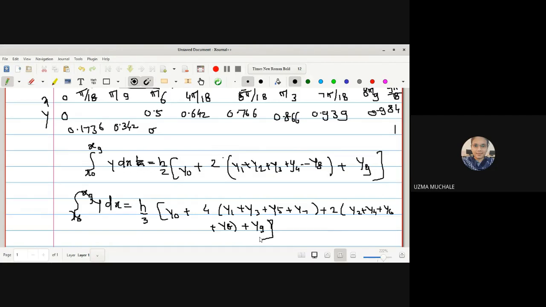What is the answer for the trapezoidal rule? Is it so difficult to solve? I have given you the formula as well as the values. You just have to put them into your calculator. Ma'am, for the trapezoidal rule do we get 0.9971? Okay, 0.9971. Anyone getting the same answer? Yes, ma'am. Correct.